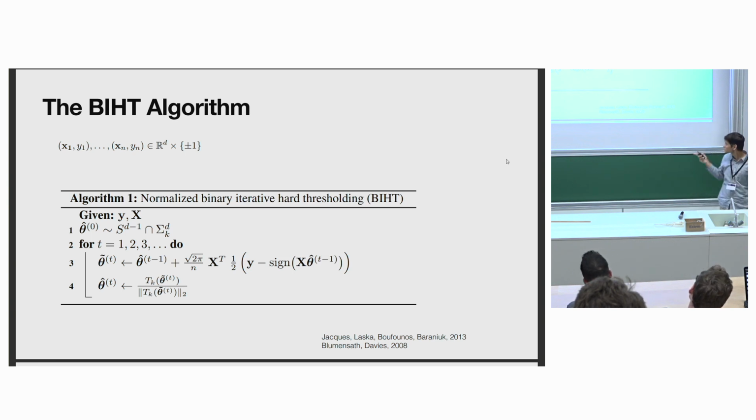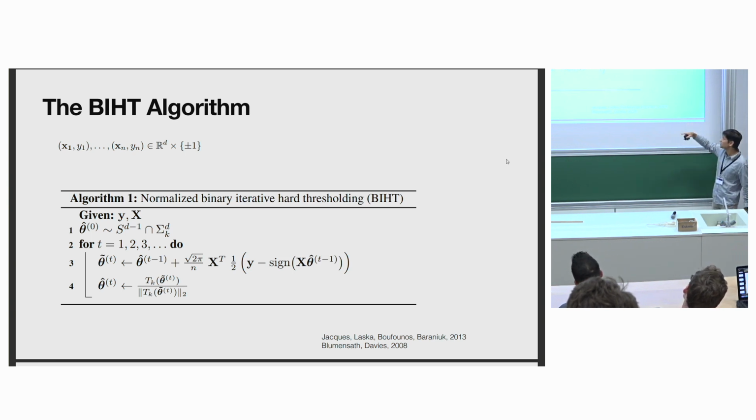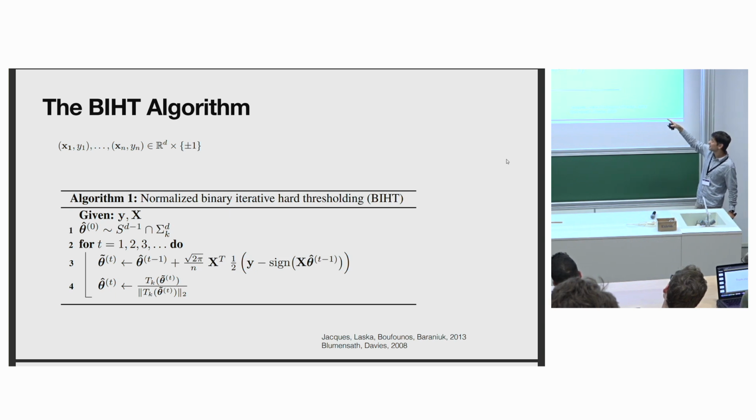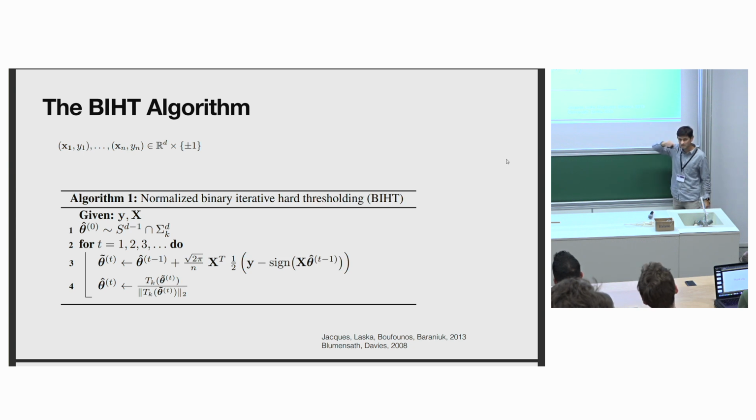So this has been used in the context of 1-bit compressed sensing. There is a precedent of this, which is called iterative hard thresholding for compressed sensing. It's been around for the past 15, 16 years. But as I said, this batch version of perceptron has been around for way longer. Okay. Right. So what is this thing?